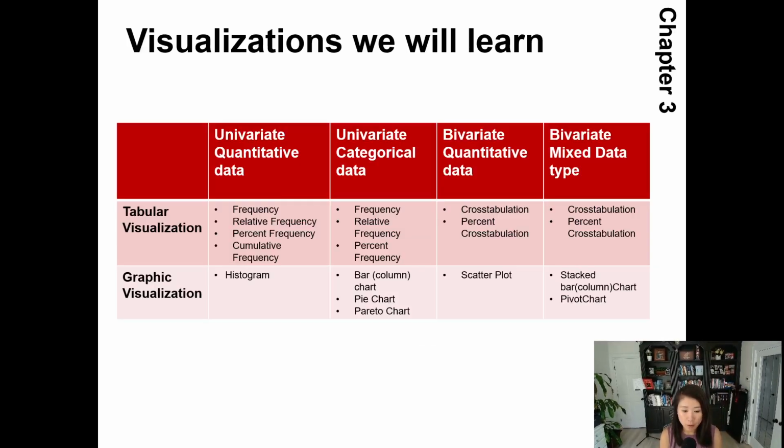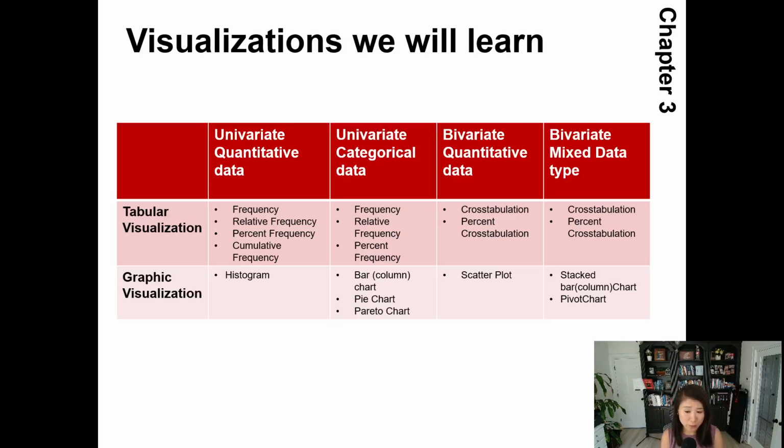Then if you are dealing with two quantitative variables, for instance one column is GPA and the other column is SAT score, and you want to use some kind of visualization to show the relationship between these two variables, the table way is to use cross tabulation or percent cross tabulation. If you want to create a graph instead of a table, you can use a scatter plot. And if at least one of the two variables is categorical, for instance one column is major and the other column is GPA,